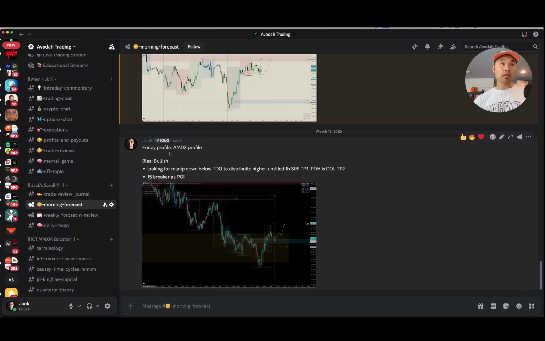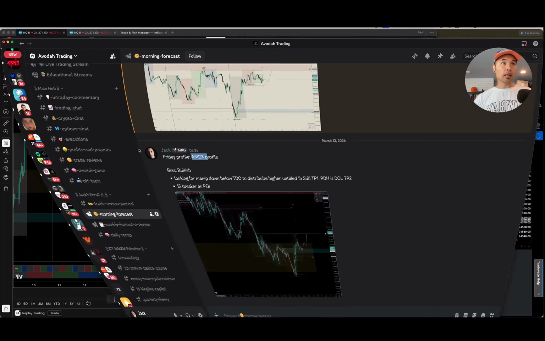Friday's profile. So in quarterly theory, you don't count Friday as part of the week's first quarter. The first quarter in the week is Monday, Tuesday, Wednesday, Thursday, and then Friday is its own session. So knowing that, I was looking at the individual sessions, meaning the Asia, London profile. And I was seeing that it was an AMD X profile,